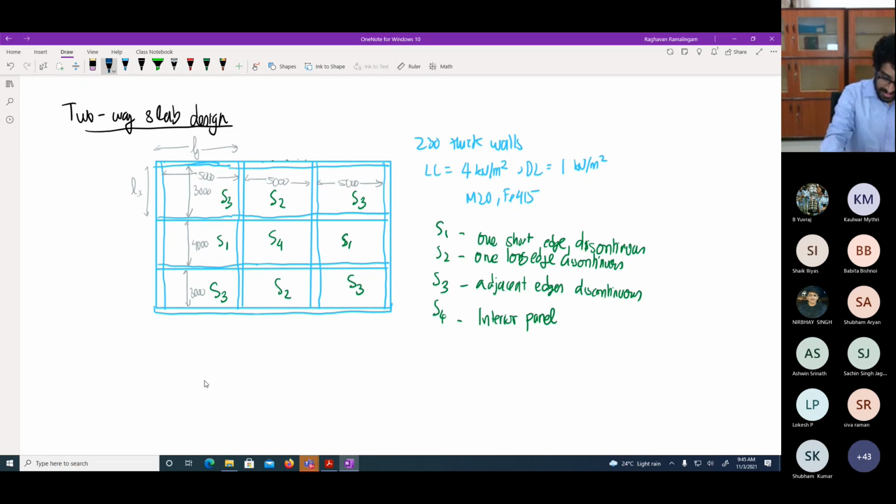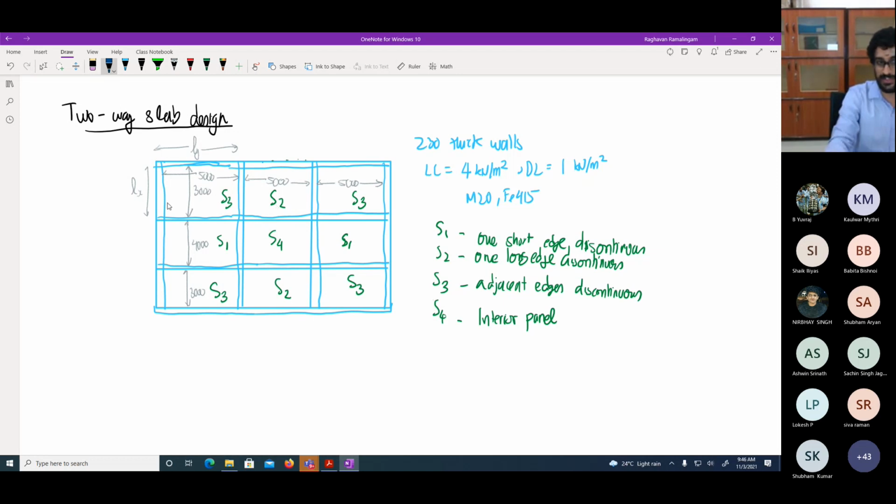So the next thing is we start with our design. We have to decide the thickness for this particular slab. You may think that all these are different spans, so definitely the moments may be different, and let us calculate the moment and provide thickness for each slab differently, because each of these types S1, S2, S3, S4 will have different bending moments. That is technically possible, but practically speaking, nobody does that.